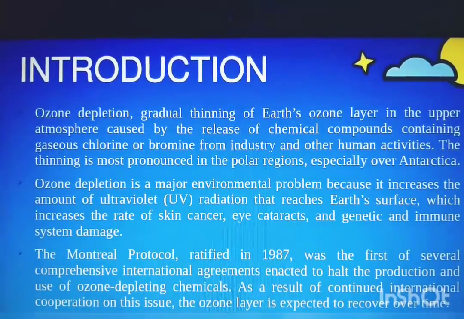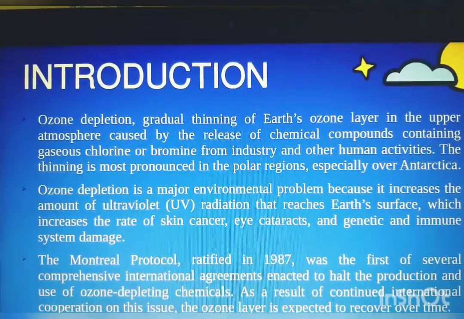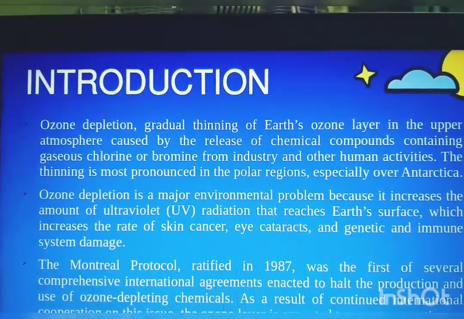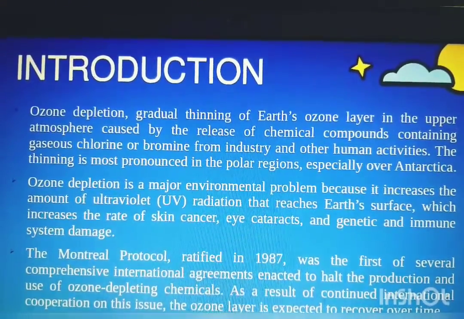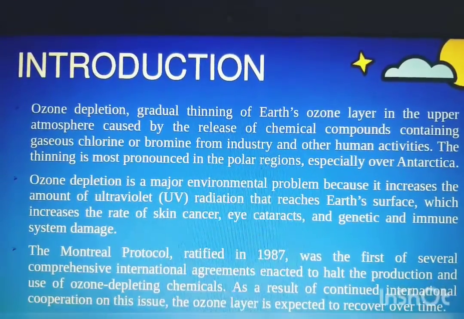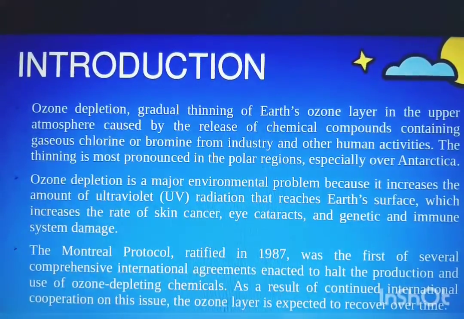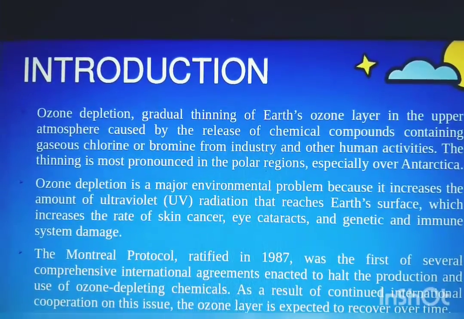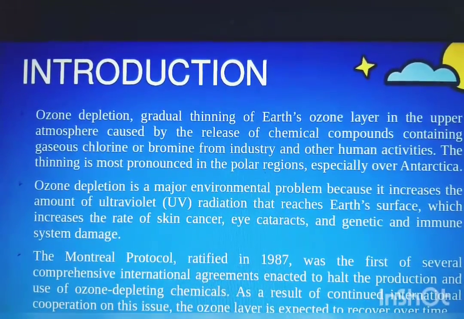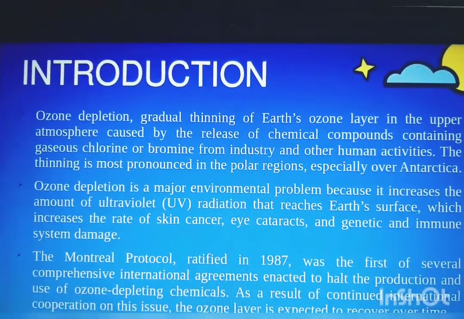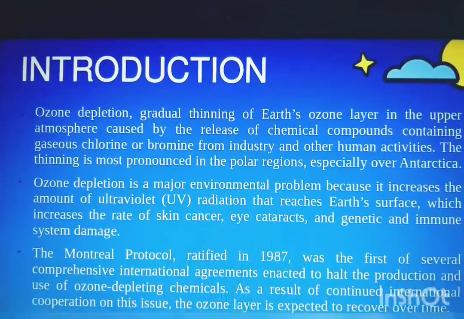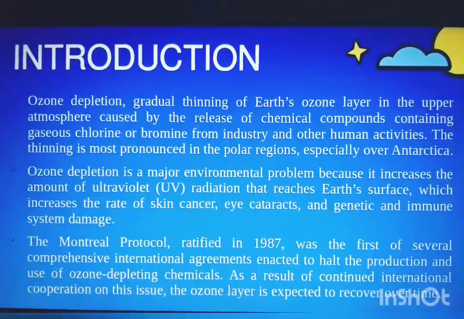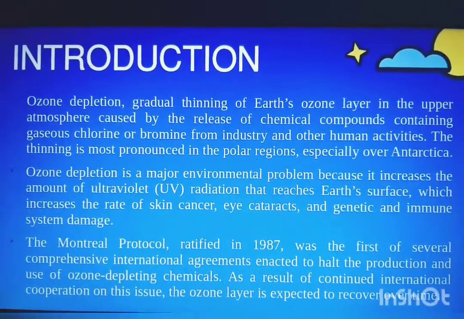In the atmosphere around Earth, at about 16 to 60 kilometers above Earth's surface, ozone gas forms a layer around the Earth. The outer covering of atmosphere protecting Earth from ultraviolet rays of the sun is called ozone layer. In other words, the amount of ozone accumulated in the upper atmosphere is called the ozone layer. This ozone layer protects all inhabitants and vegetation on Earth from the dangerous ultraviolet solar radiation, which are powerful enough to damage living cells apart from causing sunburns and skin diseases like skin cancer.